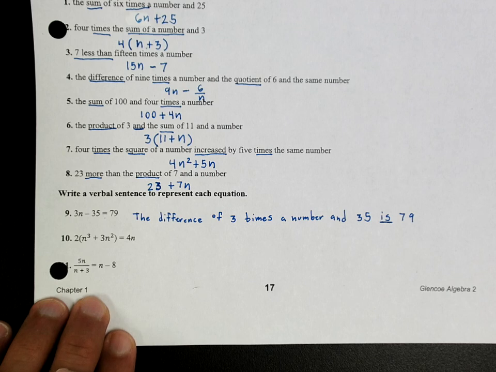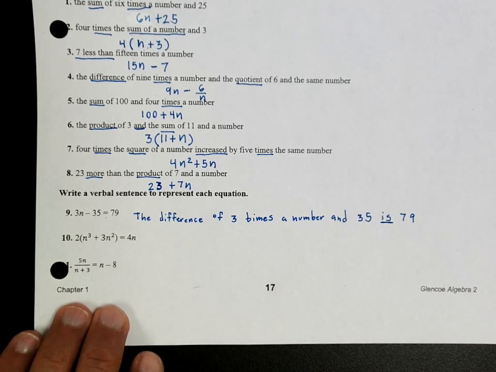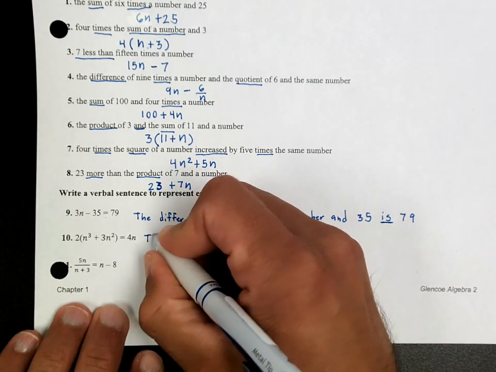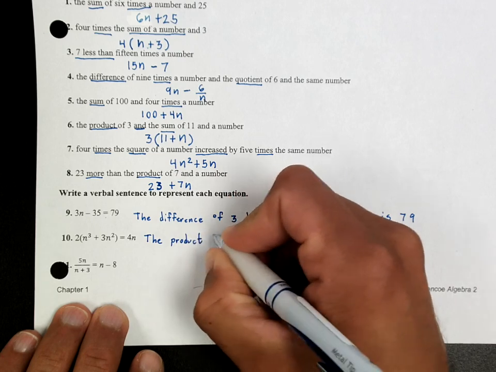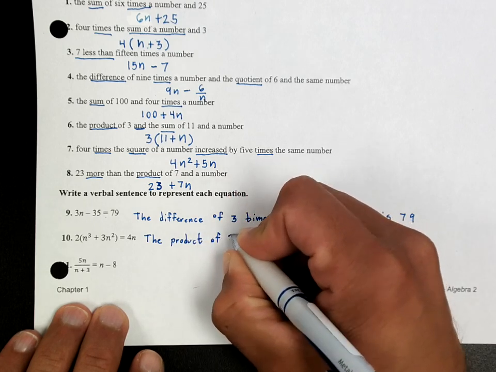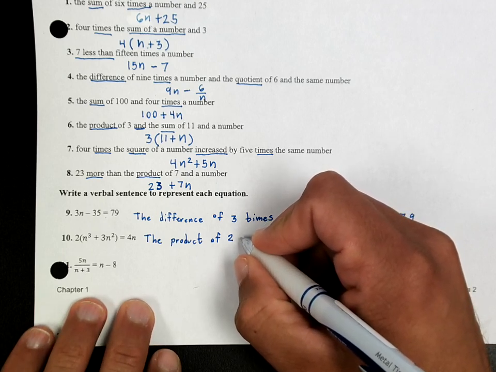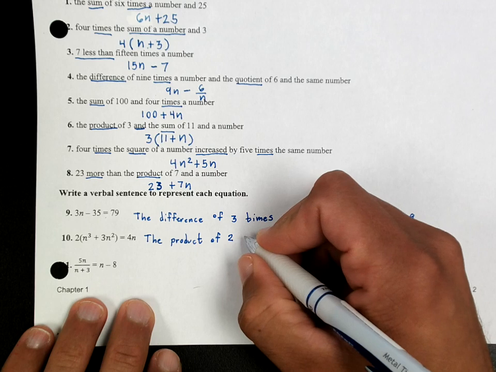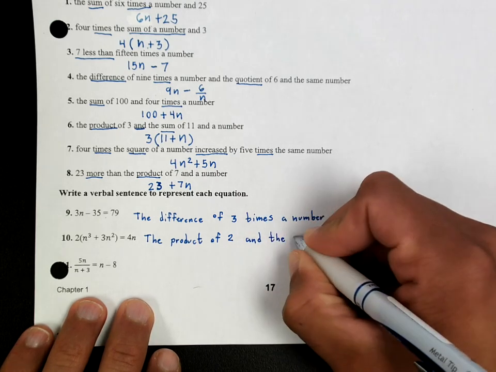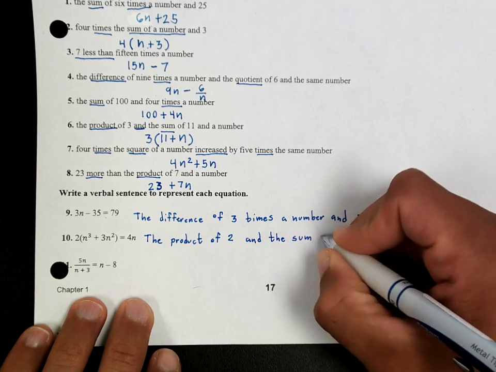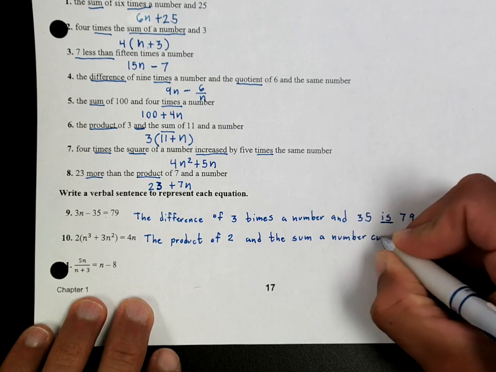So on the next one, even though it looks kind of tough, we're going to say the product. So this is going to be a little bit long, okay? So this would be the product of 2 and the sum of a number cubed